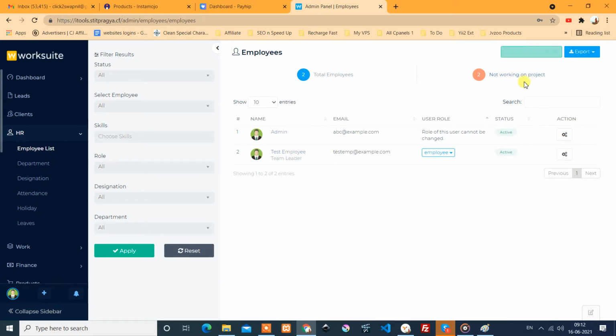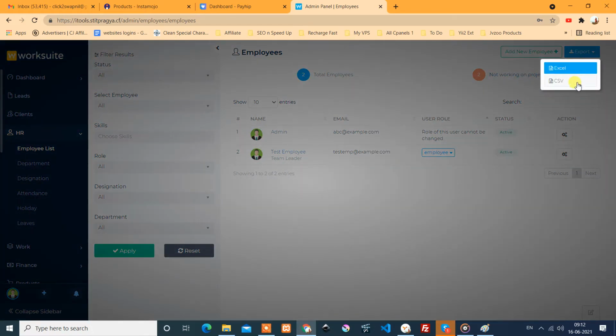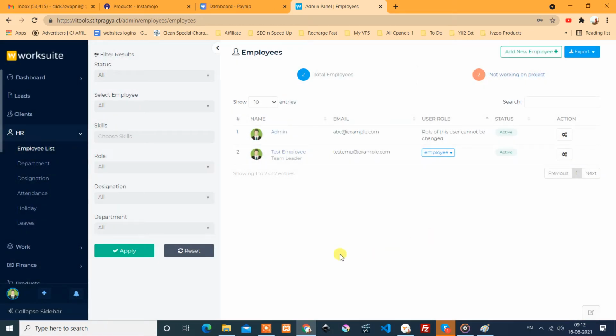So you can add many employees, and you can export the data in Excel or CSV format, Excel format for your regular Excel processing. Okay, so we can export the data. You can search for employees depending upon skills and type of employee, admin or otherwise, and active or inactive.